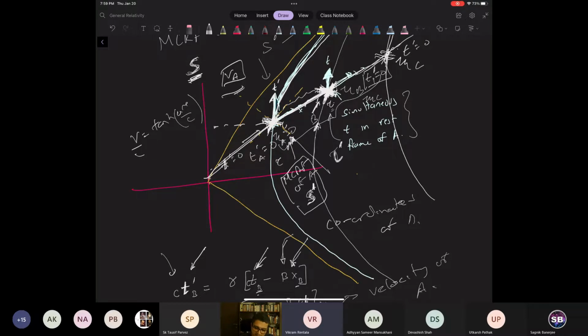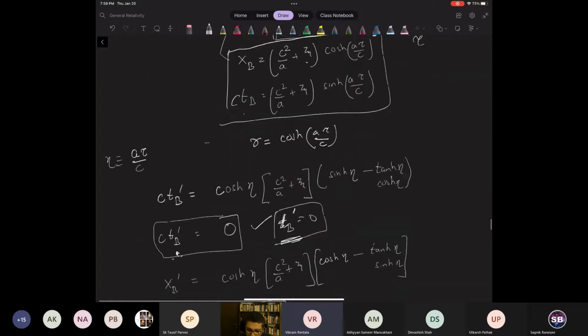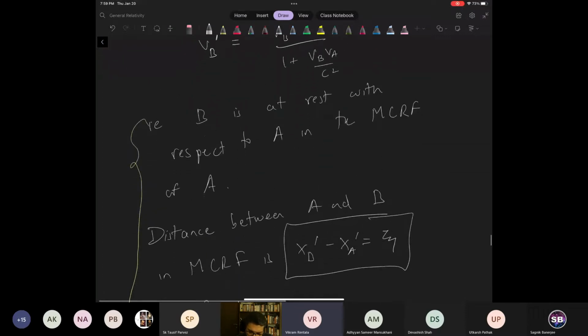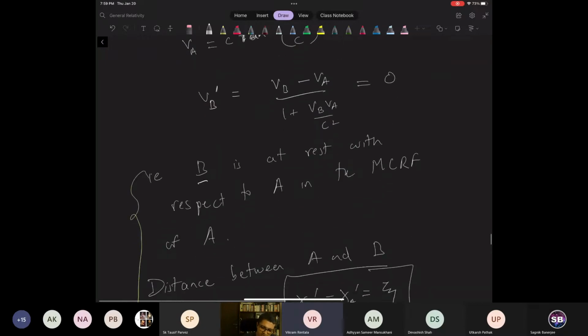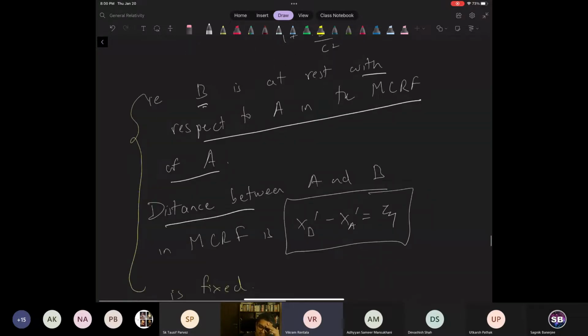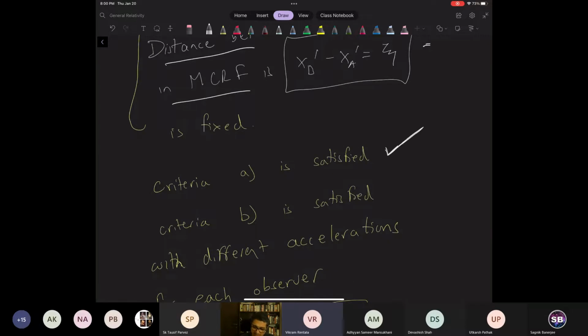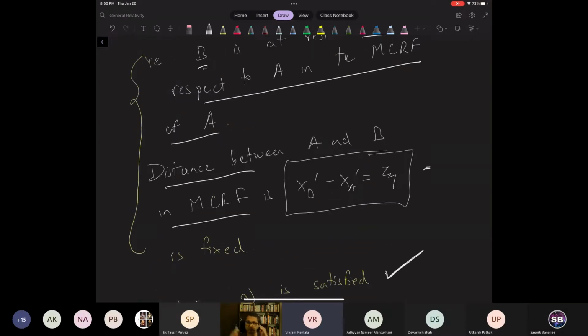And the second thing, another thing you can check, is that the distance between them remains fixed at xi. So this distance will be xi A minus xi B, and this distance will be xi B minus xi C. I'll leave this as a homework exercise, or you can check the math through the notes. So these are the two things that you can check. One is that B is at rest with respect to A in the MCRF of A. And the second is that the distance between A and B in the MCRF remains fixed, it remains xi. So we see that criteria A is satisfied, that is, there is a common frame in which all the observers are